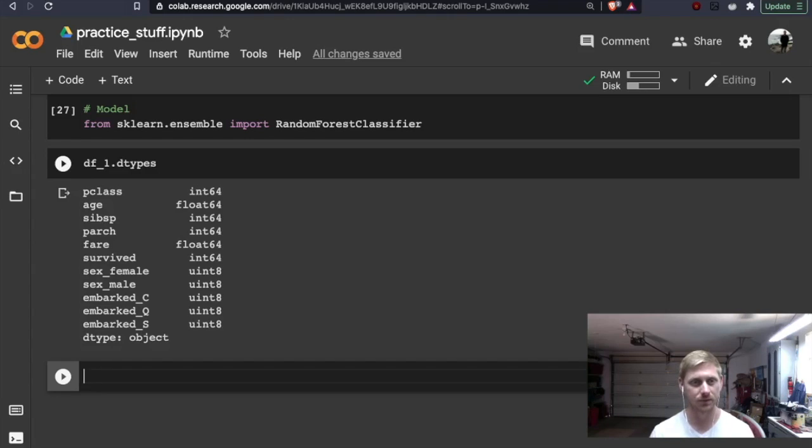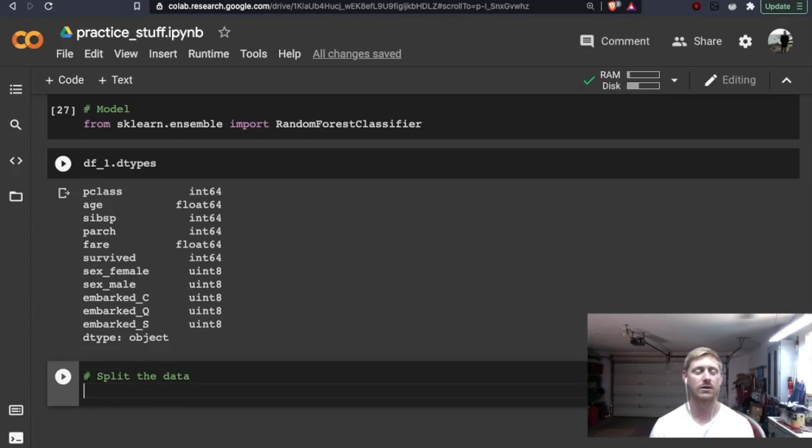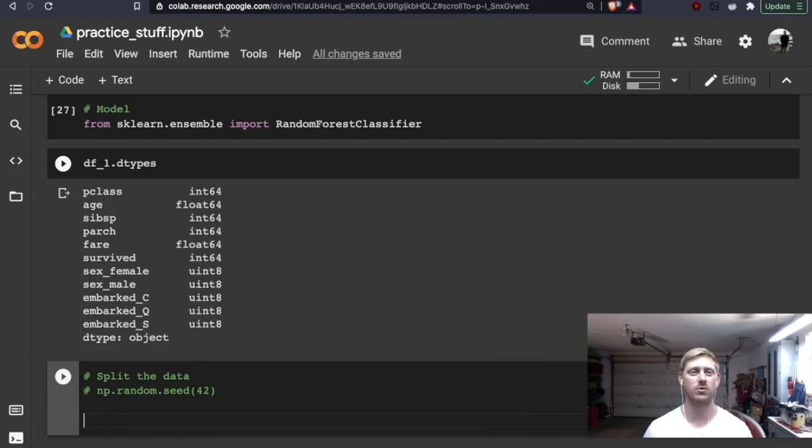Correct. So from there, let's split our data into X and y, then X_train and X_test. So split the data. Generally speaking, I'll comment this out, but what you could do is np.random.seed. So long as we seed the data, the model will have the same results on your notebook as on someone else's notebook. All seeding does is keep the data the same.